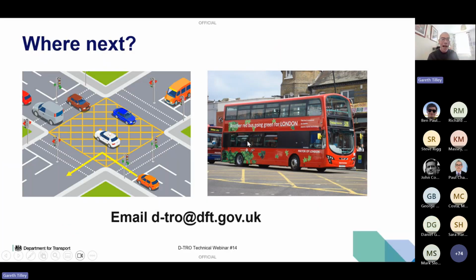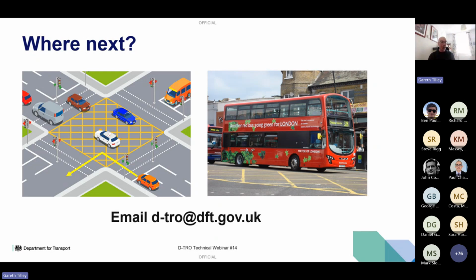Hi everyone, thanks Paul. As you know, one of the key activities I'm looking at is the use cases, and I'm very conscious that it's a really broad data set we're looking at with D-TRO. We've got everything from parking restrictions to elements around speed limits, as well as temporary orders for road closures. So when we speak to data consumers, we're very struck by the different data sets and different use cases people are looking at in terms of using the data.